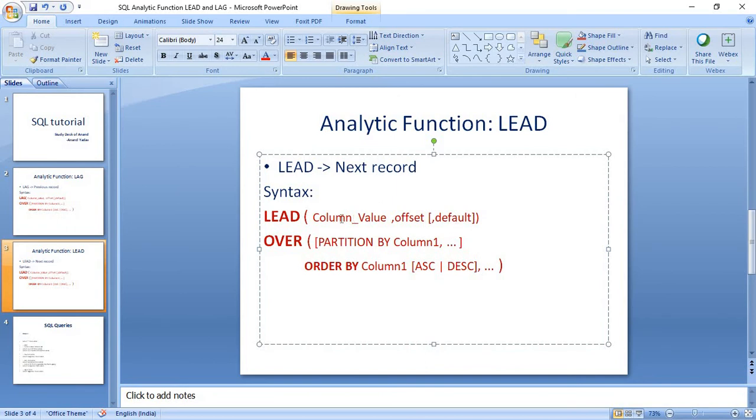So the expression will be here, and the number of offset records you wanted to see, that number we can provide here. And instead of null value we will provide some default value like 0, as we did for lag. And similarly, if we wanted to do some kind of grouping, the partition by keyword is used to perform a grouping, and the order by is for the order in which we wanted to obtain the result.